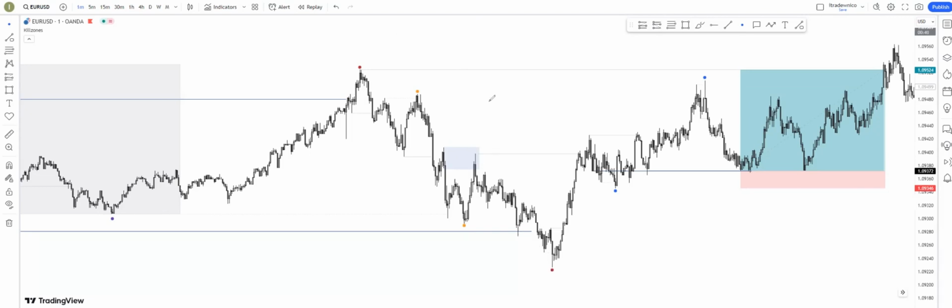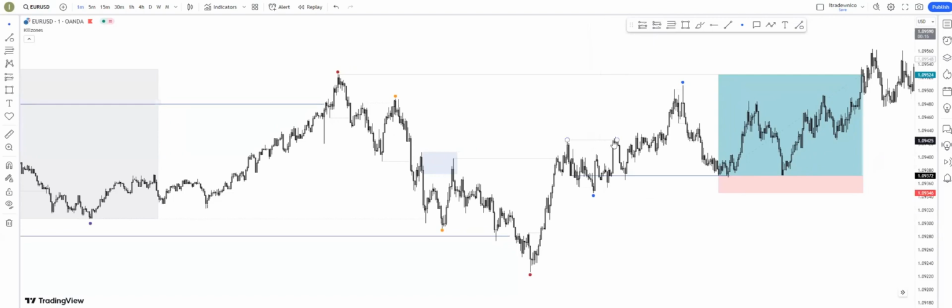All right. So we broke our structure. We made a pullback. There is pretty much nothing here to catch for me because price never actually pulled out the premium or discount, as you can see, right? But that's a pullback. Why? Because price came down and created, as you can see, a strong low. Then price pushed back,